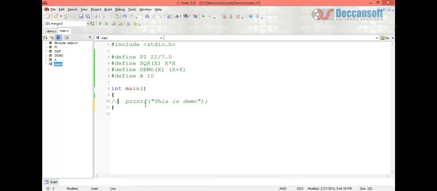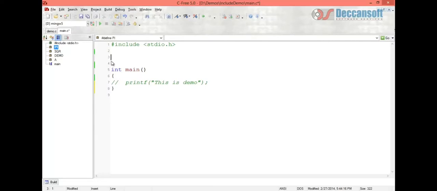We have written the values with the previous preprocessor directive macros, that is #define PI value and #define square x. Now we'll just cut it off and we will write for conditional compilation. We will write #define version 1. Then we'll see how version 1 will print out.